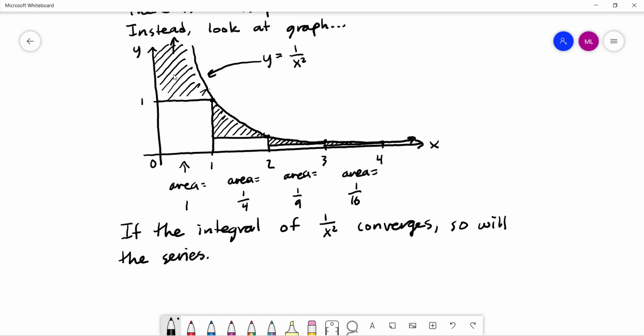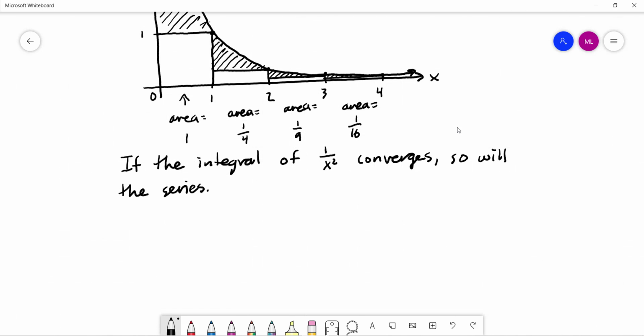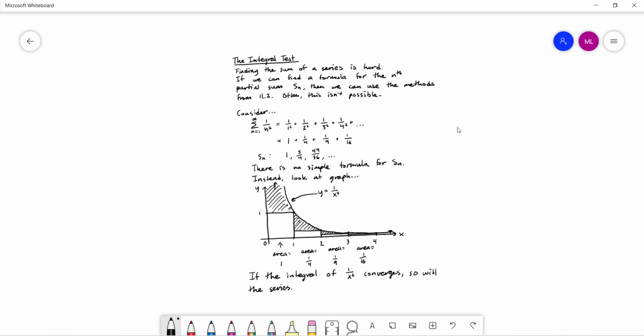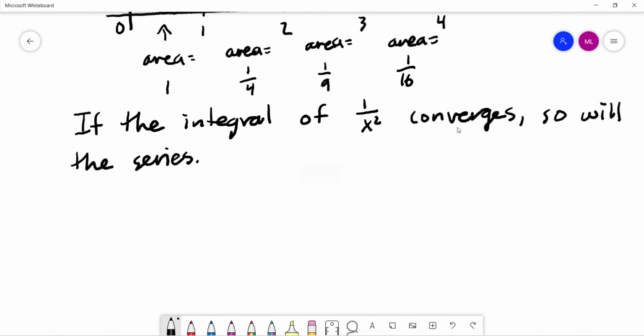So I don't even need to worry about this piece. I definitely know that the area underneath it is finite. This rectangle is a 1 by 1, area of 1, finite area. So even if this area up here that's shaded winds up not being finite, if this winds up blowing up, I'll still have the rest of the integral converge as long as the area starting at this point over converges. So what I'm suggesting is basically even if we exclude that first term, if we exclude the first term,